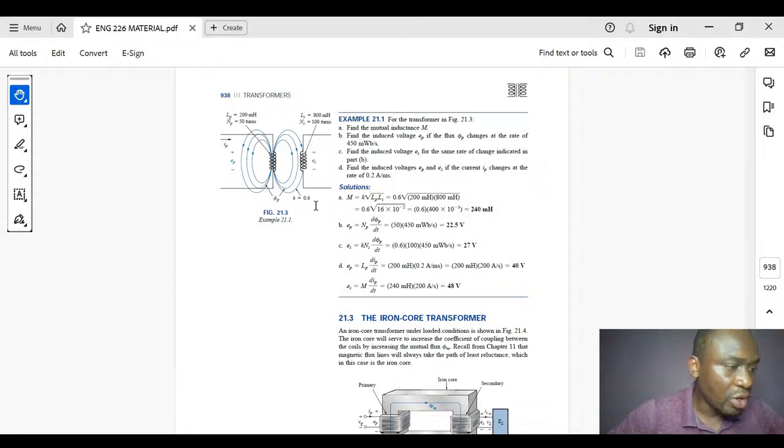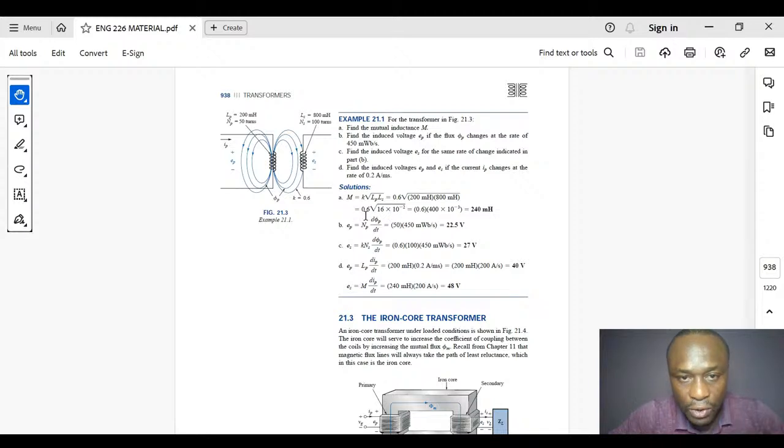The coupling, which is 0.6 times the square root of L, the inductance of the primary, times that of the secondary. The primary inductance is 200 millihenry. Then that of the secondary is 800 millihenry. So when you multiply it, we have